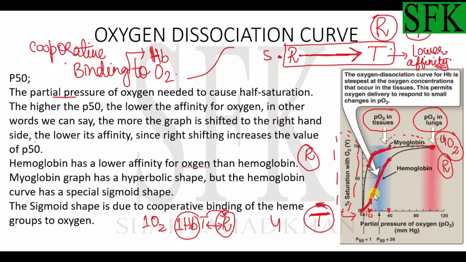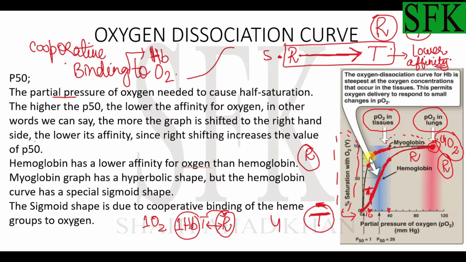And this is actually important so as to efficiently get 100% saturated in the lungs. All right, and so after accepting all the oxygen, the percentage saturation reaches 100%, and that's due to the R conformation of the hemoglobin, and this decrease is due to the T conformation. Okay, so it's due to this cooperative binding of the hemoglobin that the sigmoid shape of the oxygen dissociation curve exists. Whereas in myoglobin,